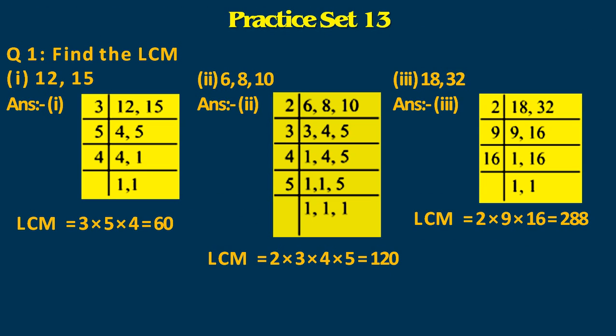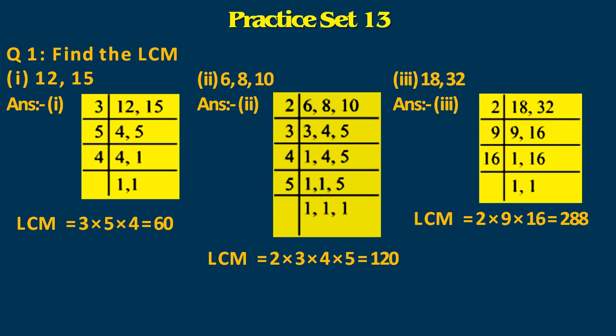We will now learn another way to find LCM. Earlier I told you the vertical arrangement, where you can leave the uncommon factors at the end. Or, to solve it more easily and avoid confusion, we will continue the sum till we get 1 as the quotient. For example, 12 and 15. Now for 12 and 15, 3 is a common factor. 3 4s are 12, 3 5s are 15.